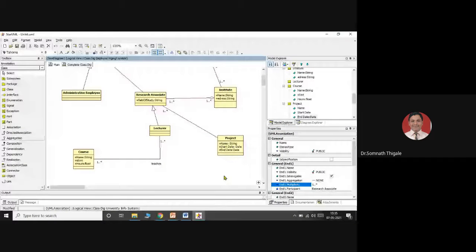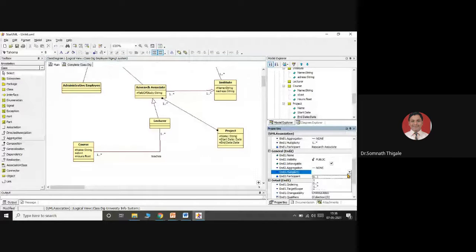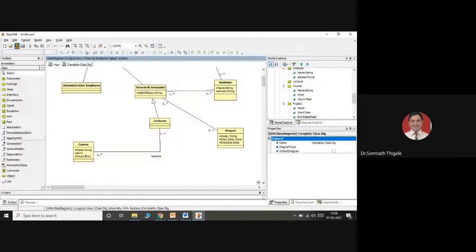Or here, for a single project, there will be at least maybe one research associate, or maybe not one. So I'll consider the multiplicity here in the second part as 0 or many. So I'll save this part. Okay. Now this will be